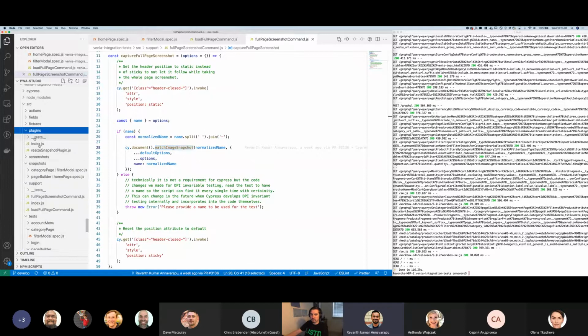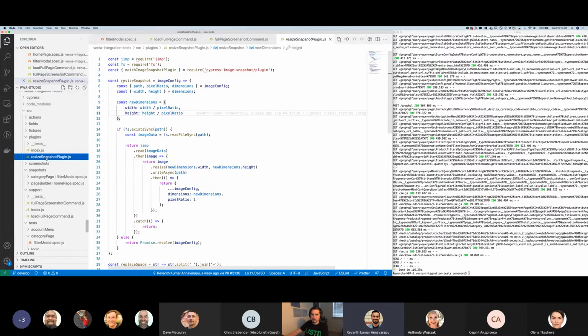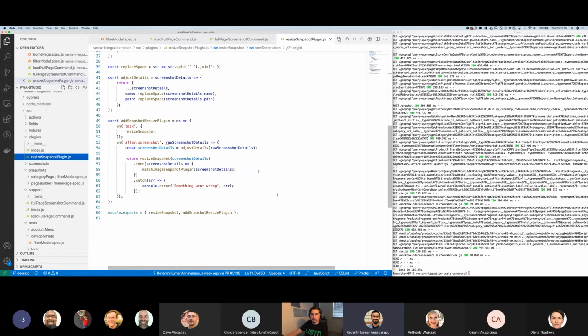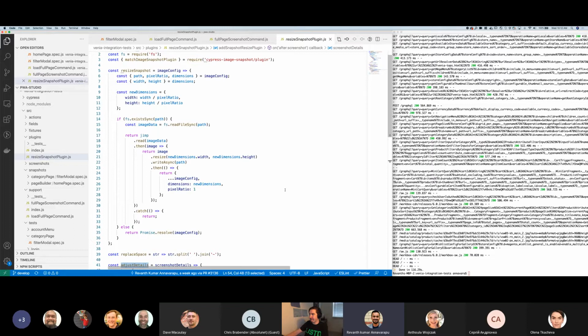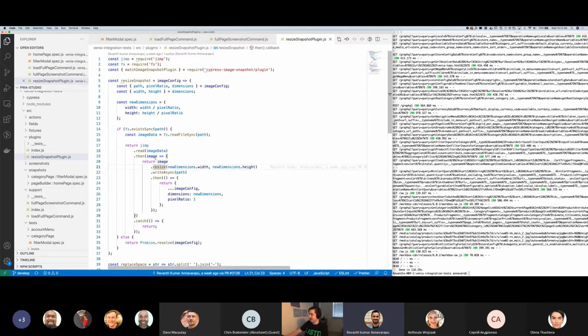That's actually done in the plugins folder. That's where we have this Resize snapshot plugin. So basically, this is only going to take the snapshot, check the DPI values, adjust those details, and resize the image. Basically, it takes the image, reads it, resizes it, and writes it back again into this image. You're overriding it, and you do that with the width and the pixel ratio of that image. So all in all,